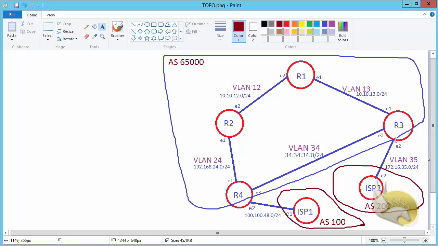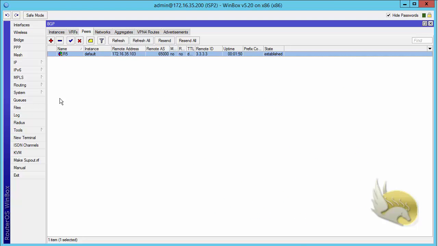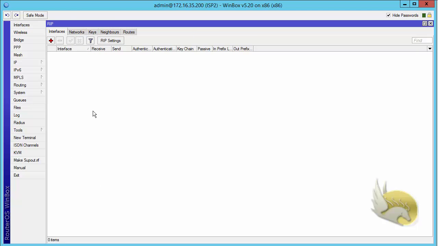I want to create RIP between router 3 and ISP2, and I suppose that these two organizations have agreed on that. They can create a RIP neighborship. Actually, there is no RIP neighborship. We're gonna want to insist on that, but this is just to make it clear. So I go to routing RIP. Under routing RIP, I select the network, and this is going to be